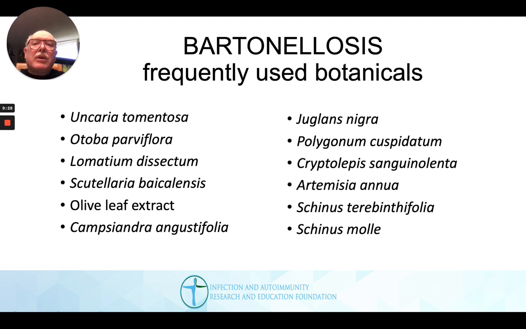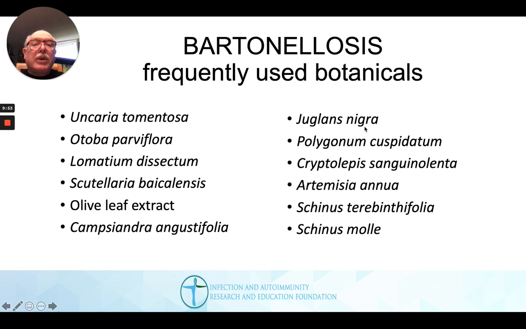So in addition to antibiotics, we're frequently using botanicals. And this is a list of botanicals which we use in our practice. They include Uncaria tomentosa, which is cat's claw, Tabebuia, Lomatium dissectum, Scutellaria baicalensis, olive leaf extract, and Cumanda. In addition, lately we've started using more and more